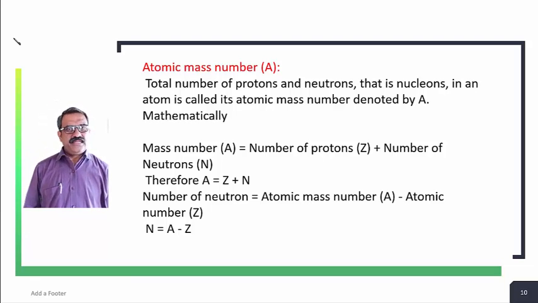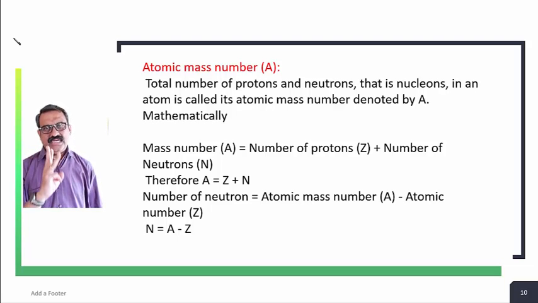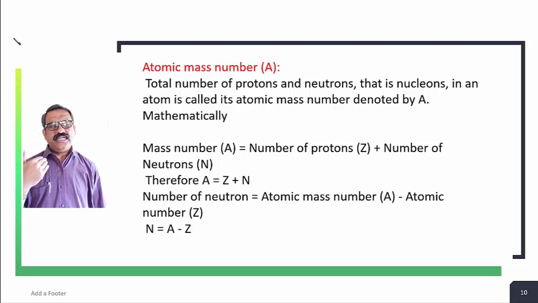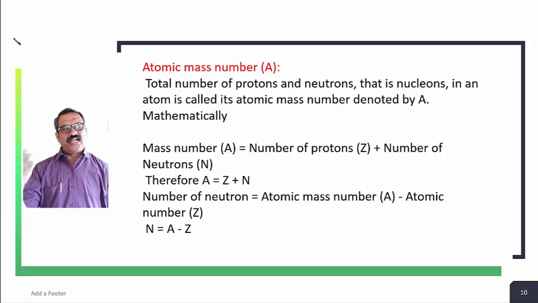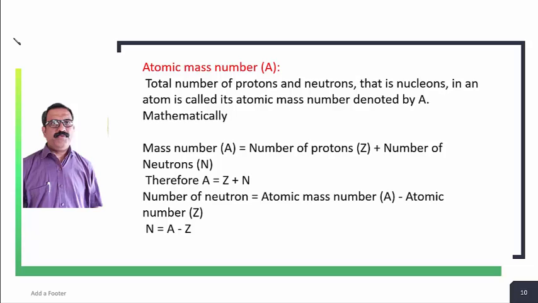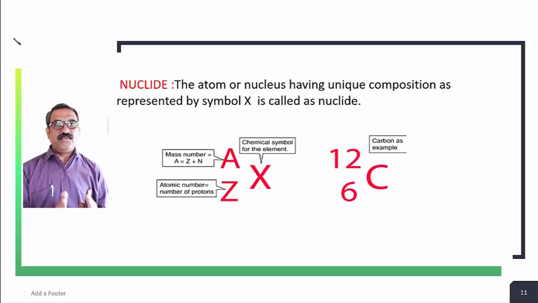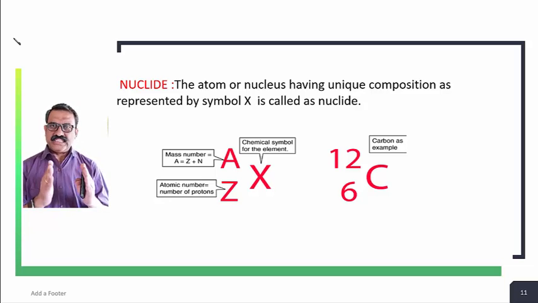What have we seen so far? Subatomic particles. Which are the subatomic particles? Proton, neutron and electrons. Then a definition of atomic number, atomic mass number, as well as number of neutrons. These are the basic information regarding the atom as well as the element. Then